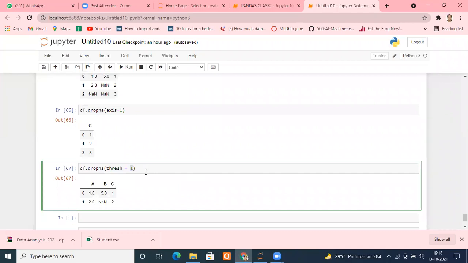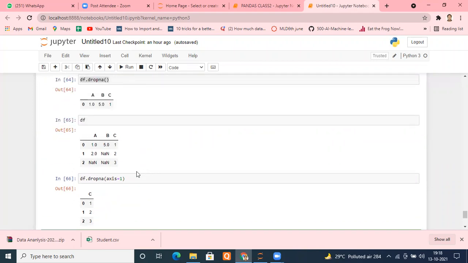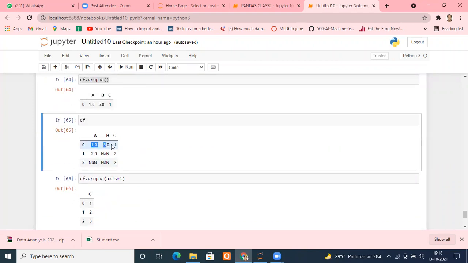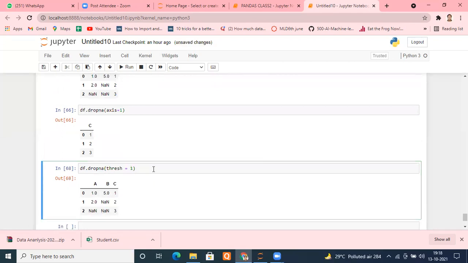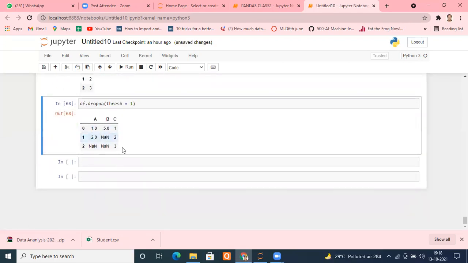So if any row has at least one non-NaN value, it won't be dropped. How many non-NaN values are there? 3, not dropped. 2, won't be dropped. 1, won't be dropped because we have put one only. So all three rows will be there.